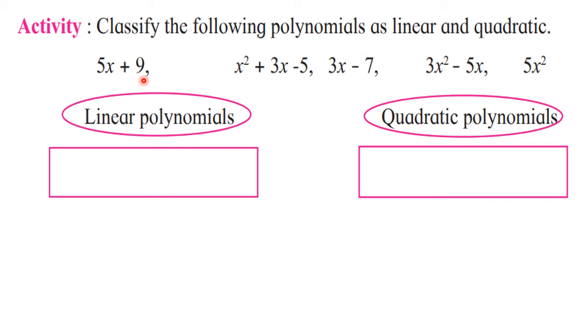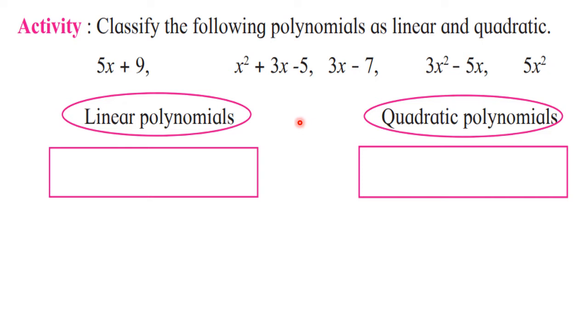This we have studied last year. Then we have studied quadratic polynomial. Quadratic means what? The polynomial with degree 2. It is called a quadratic polynomial. We have studied cubic polynomials also. The polynomials with degree 3 are called cubic polynomials. So this is our previous knowledge which you know very well. Now here, these given polynomials you have to classify as linear polynomials and quadratic polynomials. So here you are not going to think of the number of terms. Linear and quadratic means here you are going to think of the degree.